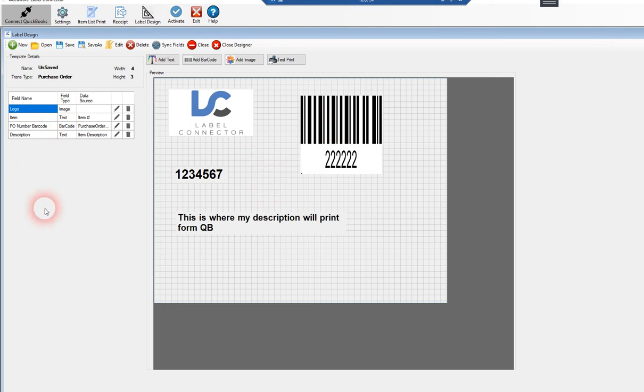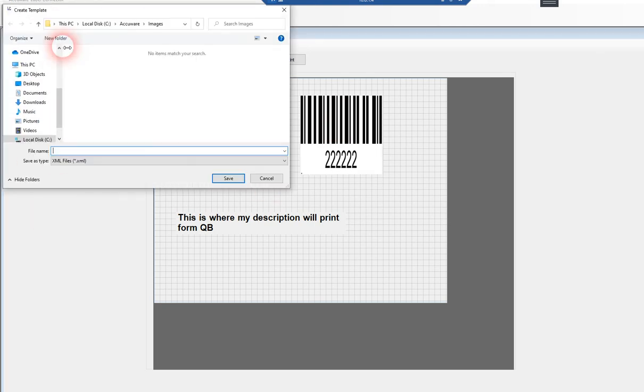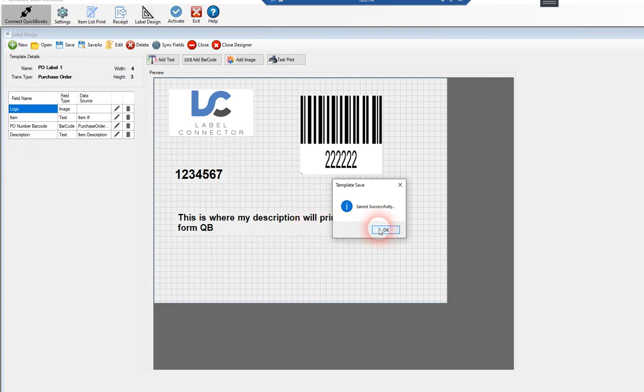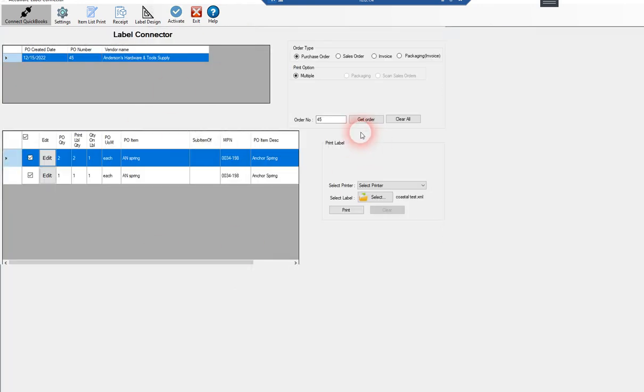So anyway, we'll go ahead and just save that, and it's going to let us save this anywhere on the computer. So we'll just maybe save this in the AccuWare folder. We'll call it PO Label 1. Okay, so it makes an XML file. We'll save that. Okay, so now if we close our designer, okay,